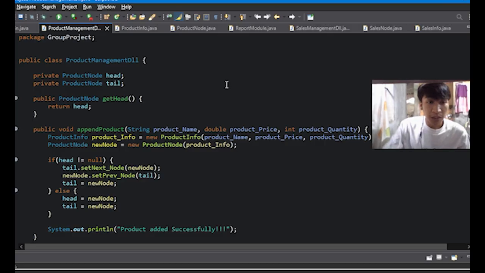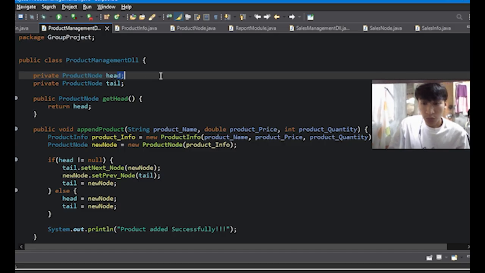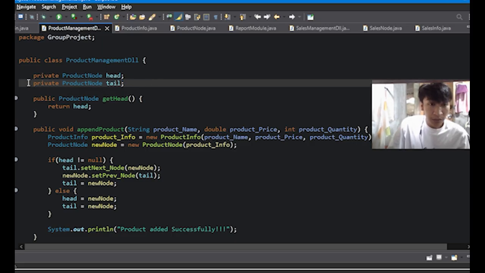In product management, we declared a product node head, which refers to the first node in the doubly linked list, and product node tail, which refers to the last node in the doubly linked list.